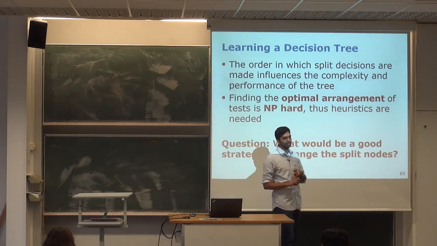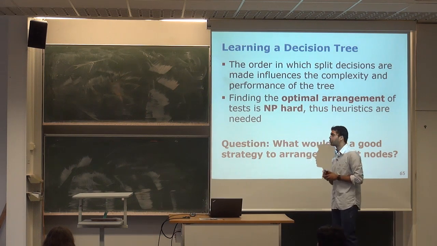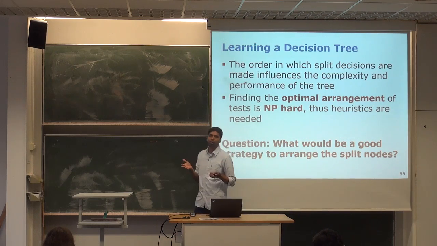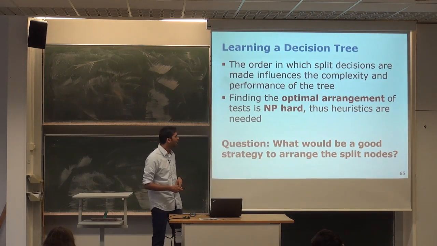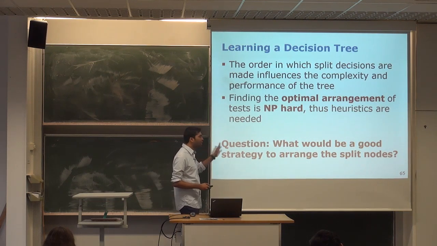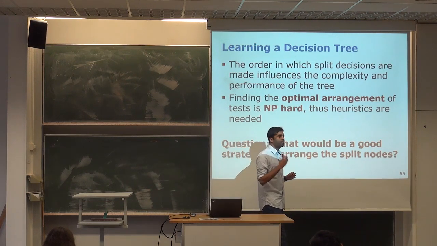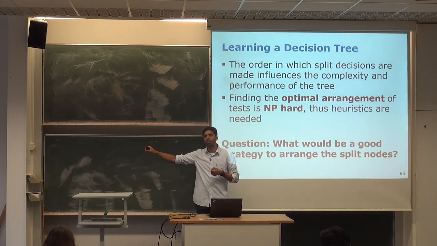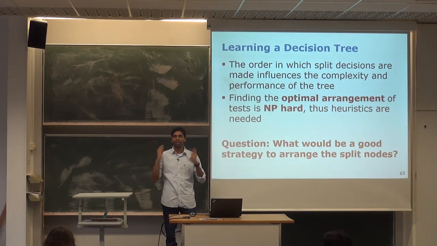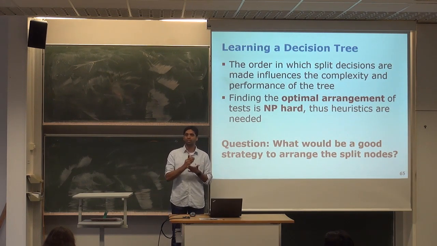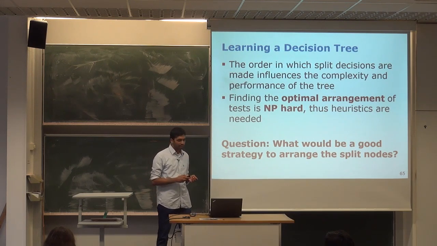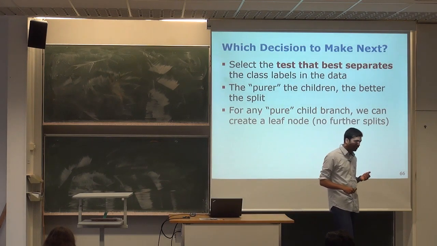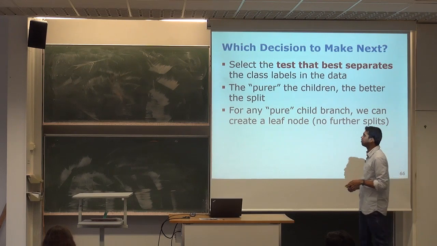we need to use some heuristics. So heuristics are basically guesses which give you, let's say, not the optimal solution, but something that's close to the optimal and something that we can live with, right? And the question would then be how to come up with a strategy which gives us good splits without enumerating every possible order of questions and then figuring out what's the best. So can we come up with a trick or some idea which gives us a way to make the next split? And there is one idea that is quite popular in decision trees, this idea of purity,